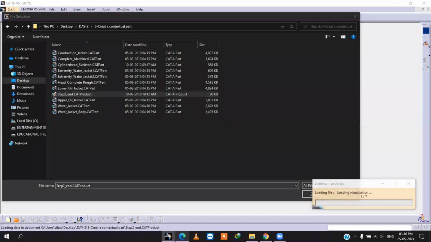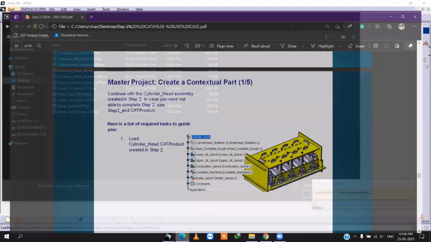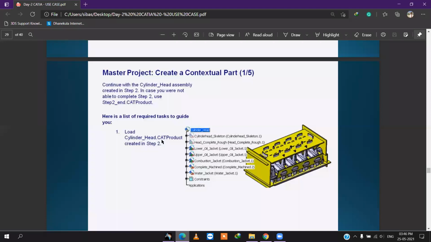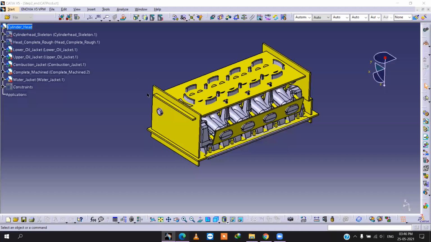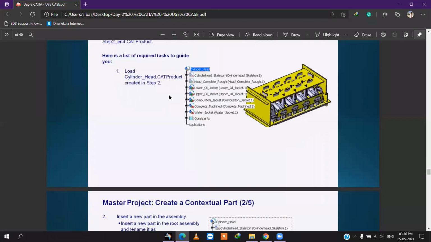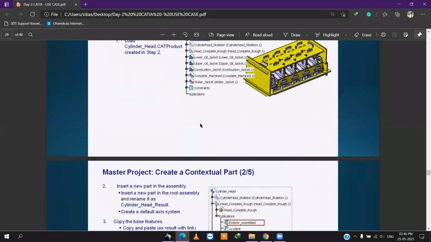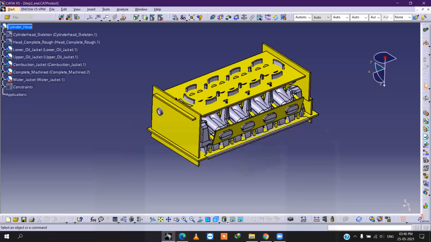Okay, cylinder head CAD product. This one is loaded. Okay, after that we have to go to the next one.